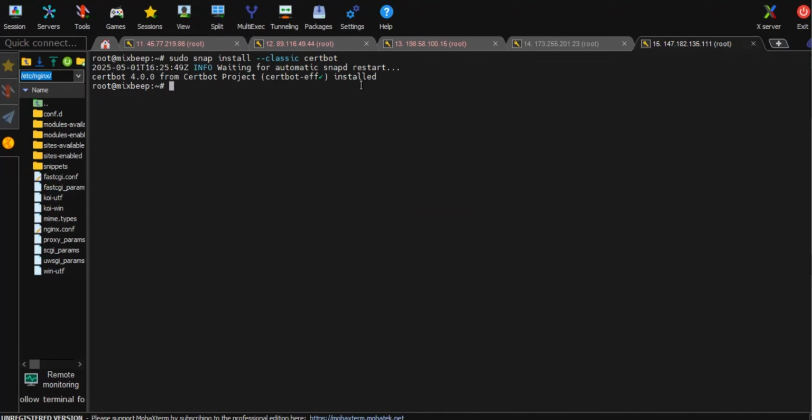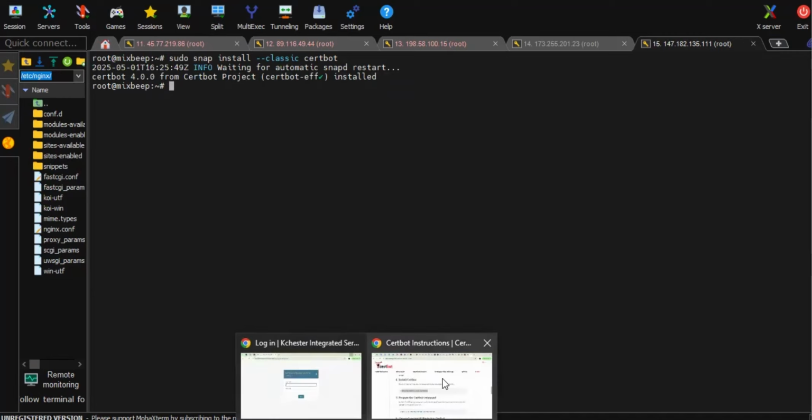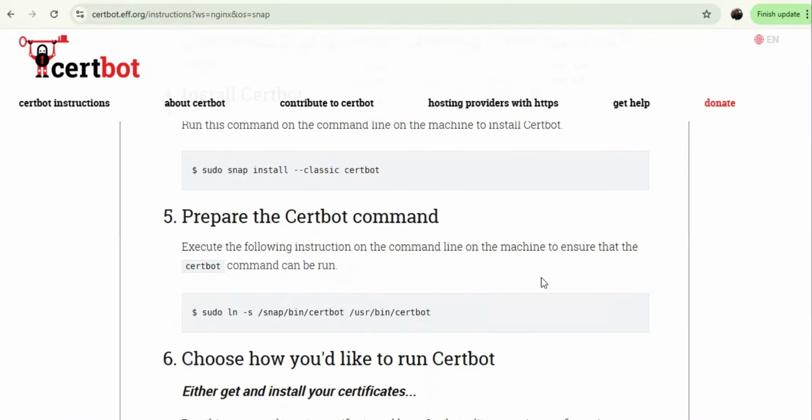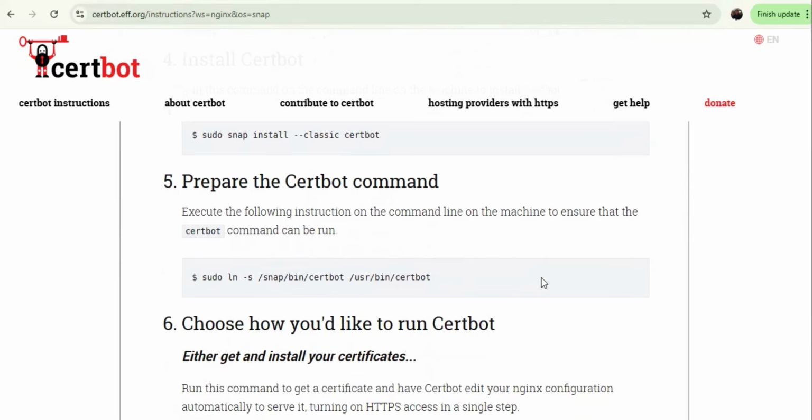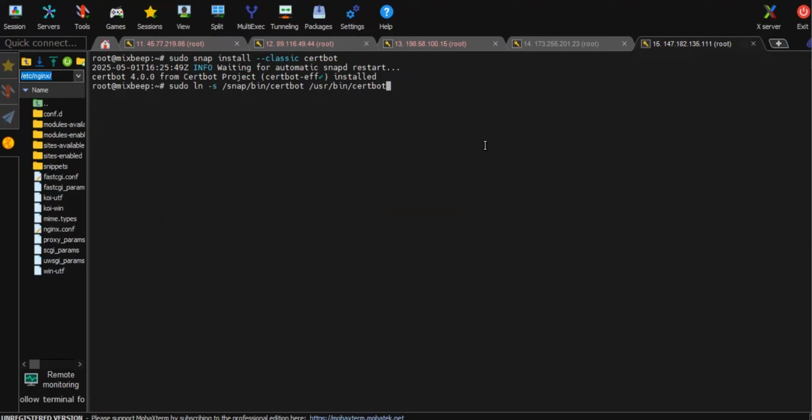Now Certbot 4.0.0 from project certbot.eff is installed. If you look at this place, that is what you see here: Certbot is installed. So back to our Certbot website again. If you go down again, it says prepare the Certbot command. Execute the following instruction on the command line on the machine to ensure that the Certbot command can run. So let's also copy this one as well. This one helps test if Certbot is going to run on our system, and nothing happened,